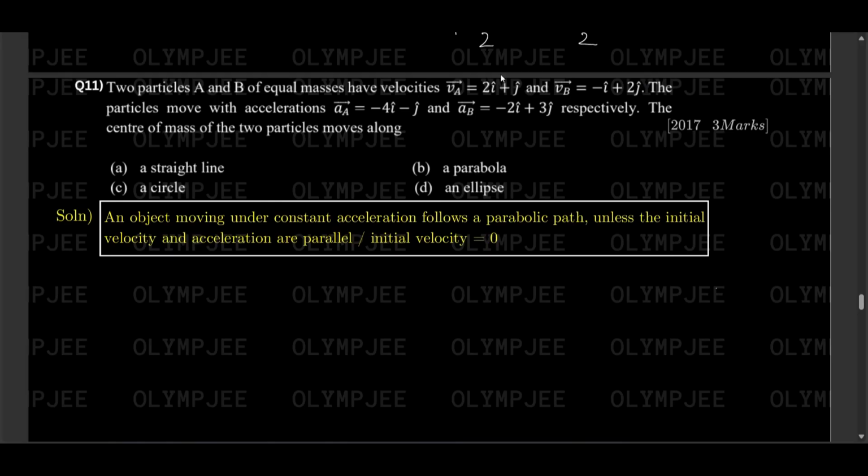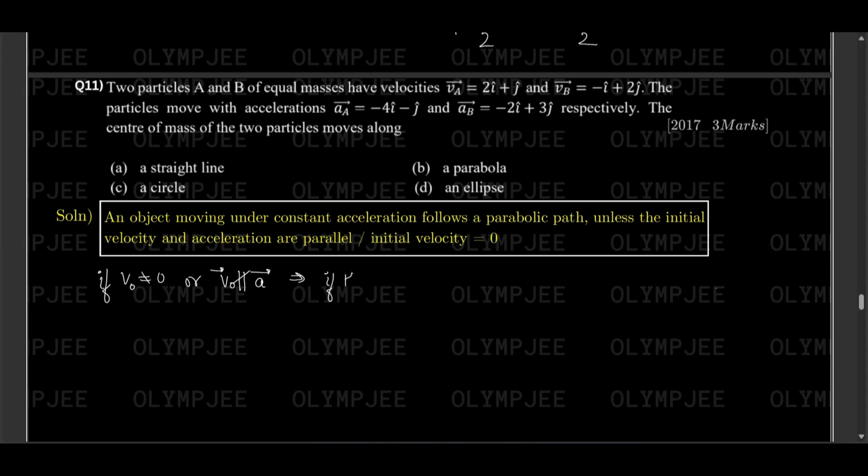So for solving this question, we will use the fact that an object moving under constant acceleration will follow a parabolic path unless the initial velocity and acceleration are parallel or the initial velocity is 0. So what I am saying is that if the initial velocity is not equal to 0 or the initial velocity is not parallel to the acceleration, then